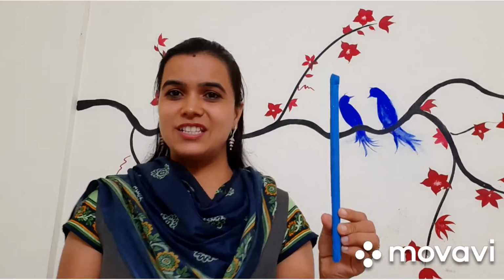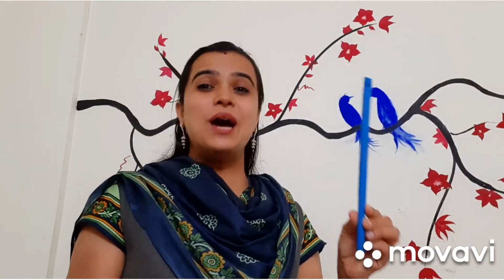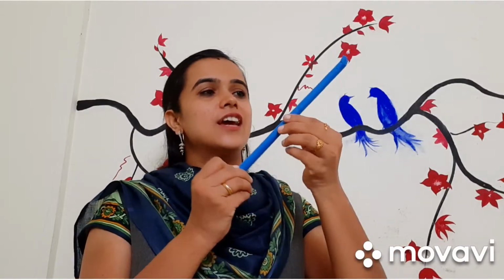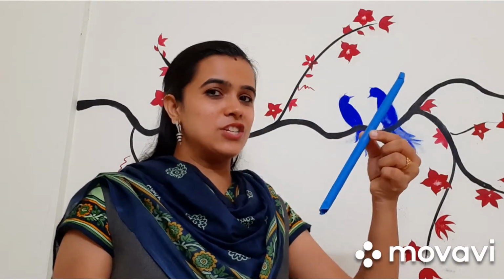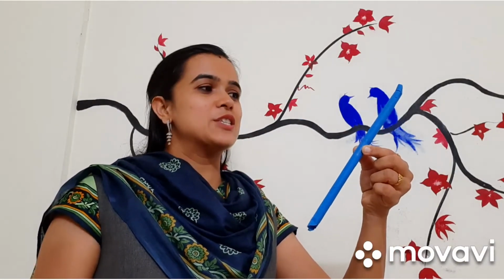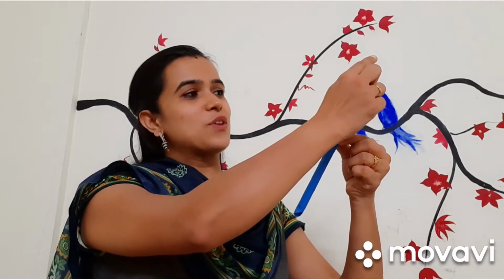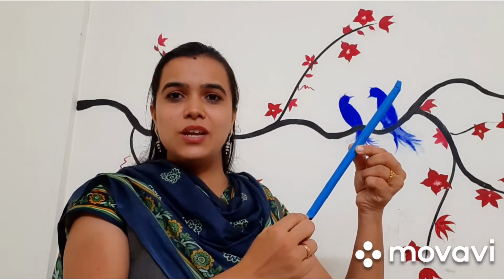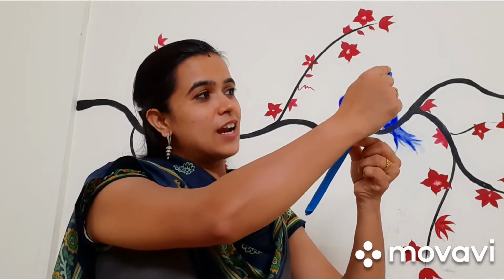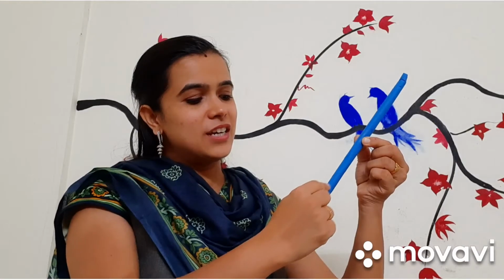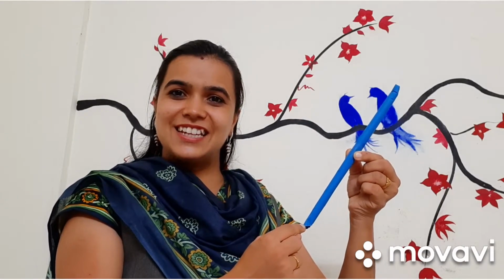Yes, can you see what this is? Yes, this is a pepper stick. Okay, so if I am holding this pepper stick in slant position, this is called a forward slanting line. What is it called? Forward slanting line. How to write? From up to down. But how do you have to write? From right, come down, down, down, to the left, isn't it? Yes, this is a forward slanting line.